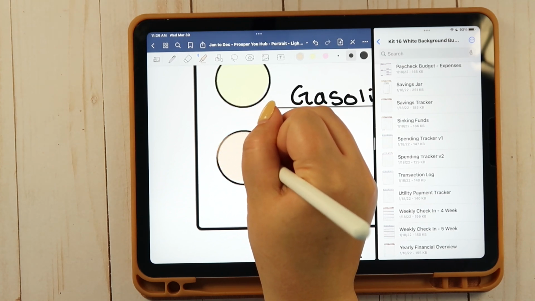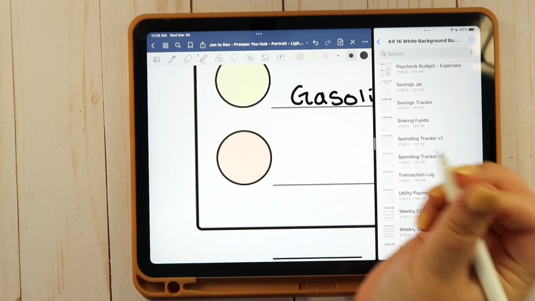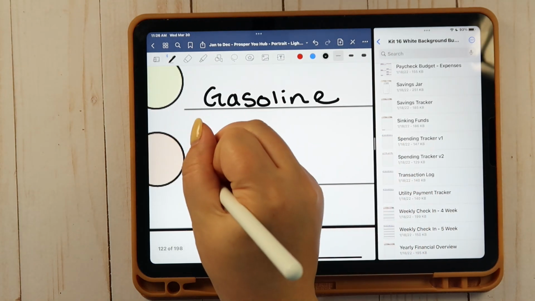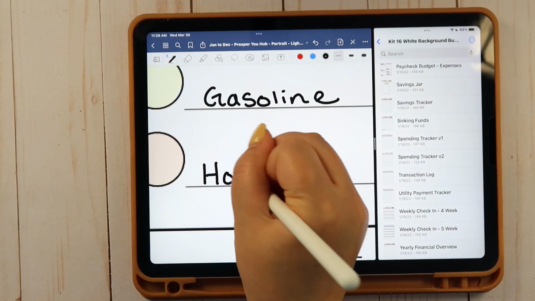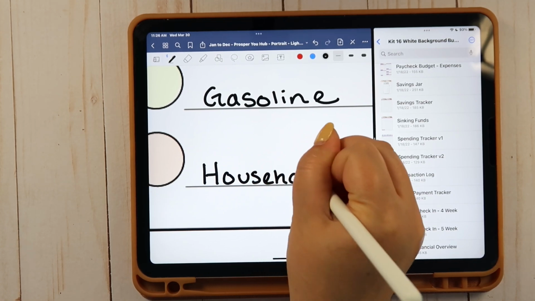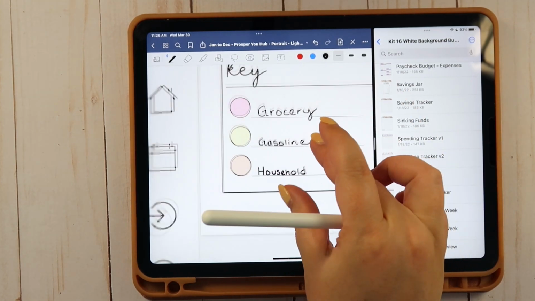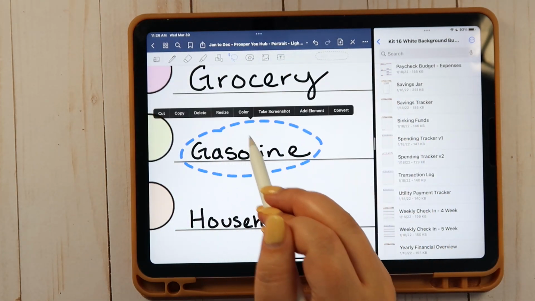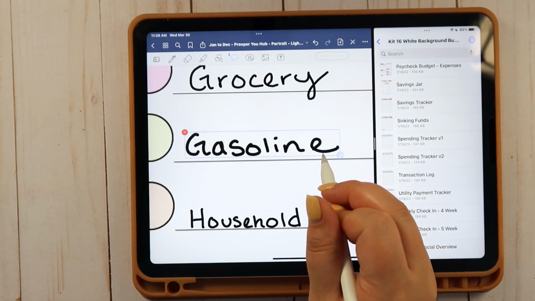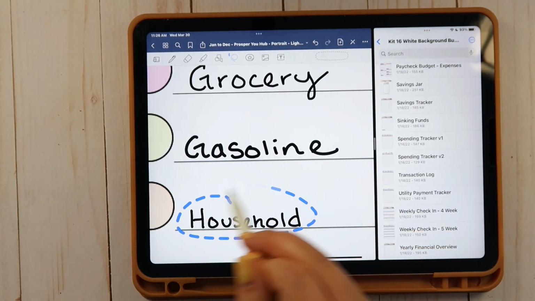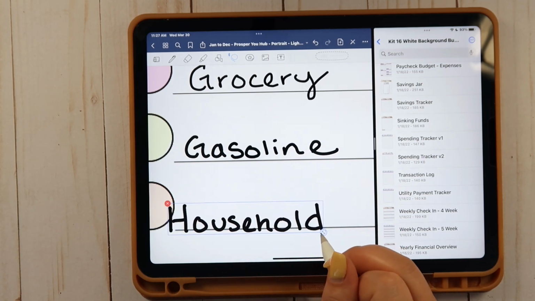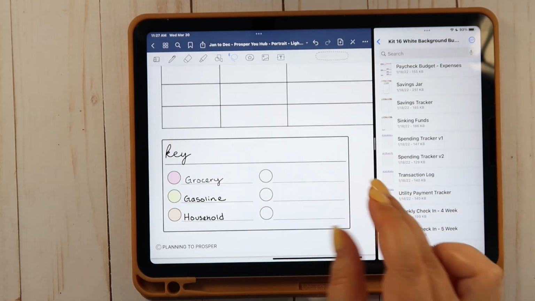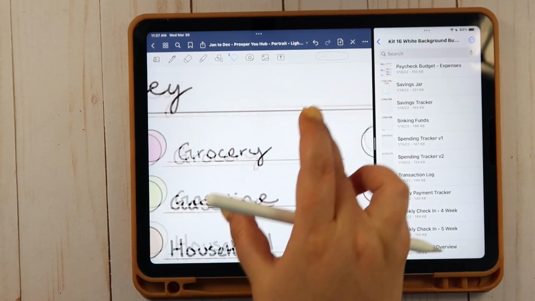I kind of just like that second row of highlighter colors because of how soft they are. I feel like they're more muted. So we've got household there, and I feel like I need to turn images off and make these a little bit bigger because that one up there is a little bit bigger. Could also use the text tool, which I might go in a little bit later and redo these using the text tool just to make it look cleaner, because the nice thing is you can copy and paste this to each page. So